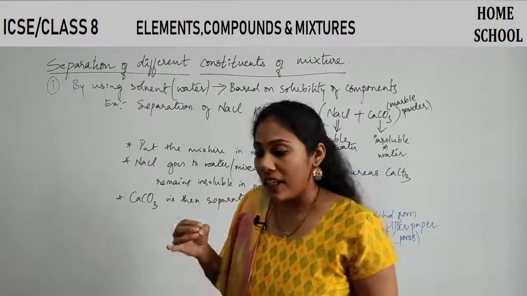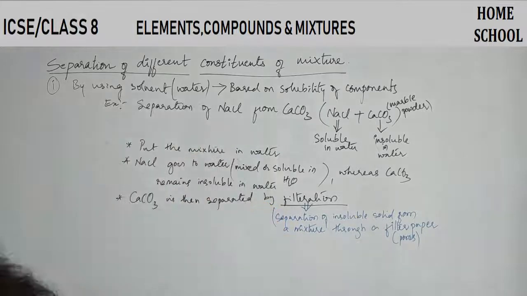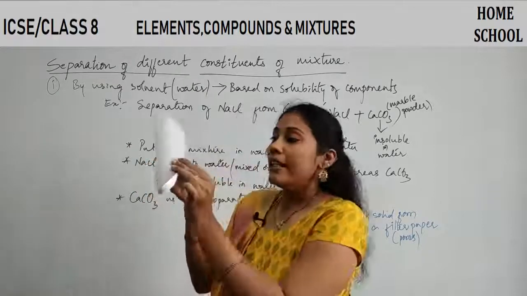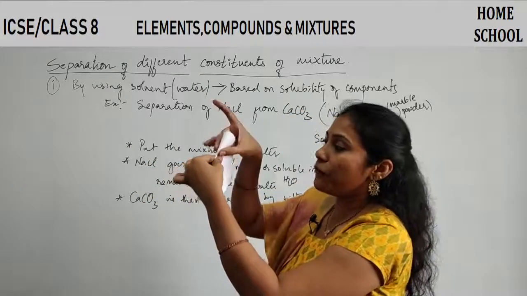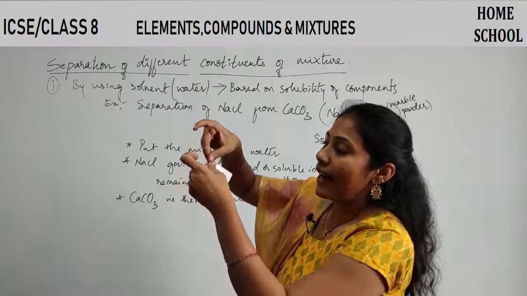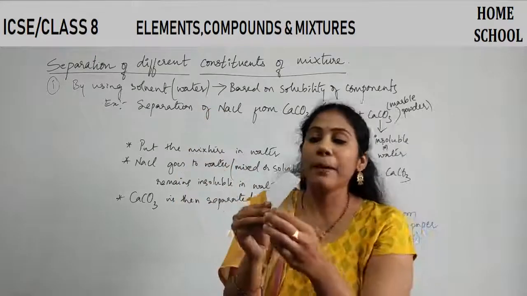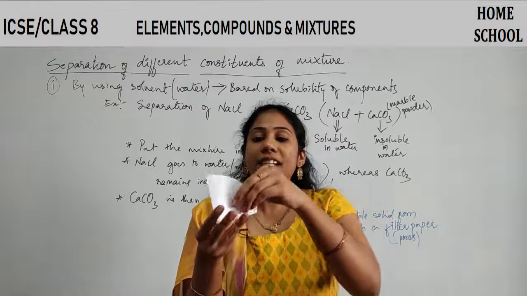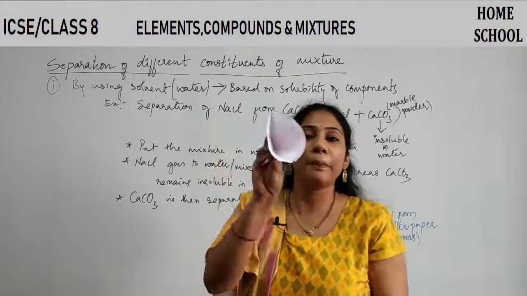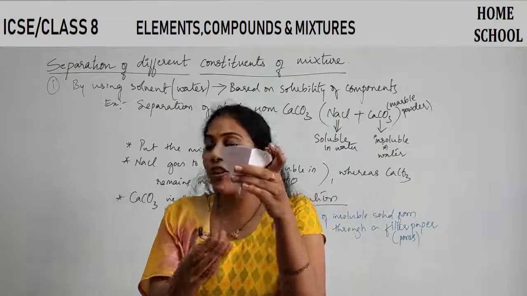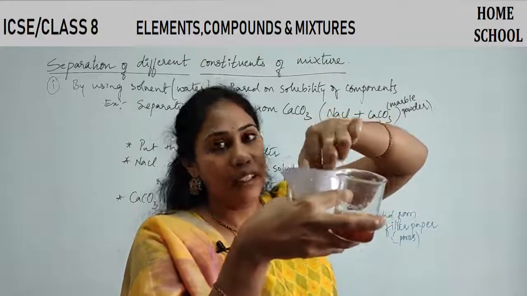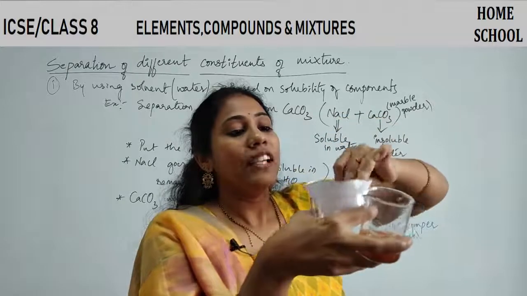Clear? I will just show what we mean by a filter paper. Filter paper looks like this, right? This filter paper, we have to fold. This is one fold. Now I'll fold once again, two folds, right? After folding this way, we get the shape of a cone, isn't it? It will stay in a cone shape. This is how you get the shape for a filter paper. After getting this shape, we have to keep it in a funnel. We will hold it like this.